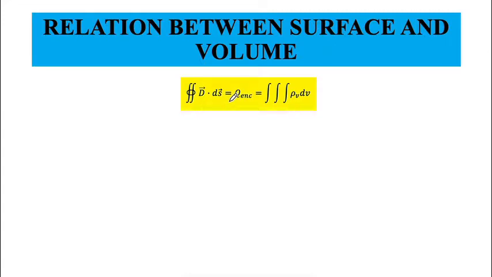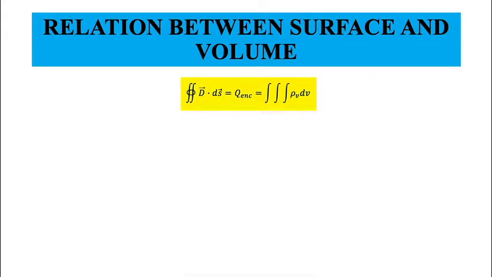Of course, the charge that is enclosed, if the charge is uniformly distributed in a region of space, will be given by the integral of charge density over an appropriate integration. Why do I say appropriate integration? Because if the charge is spread out in a region of space in terms of its volume charge density, then you have to integrate over the volume, and if the charge is spread out over a line, then you have to integrate over the line, and if the charge is a point charge, then there is no integration involved. Directly you are going to get the charge.